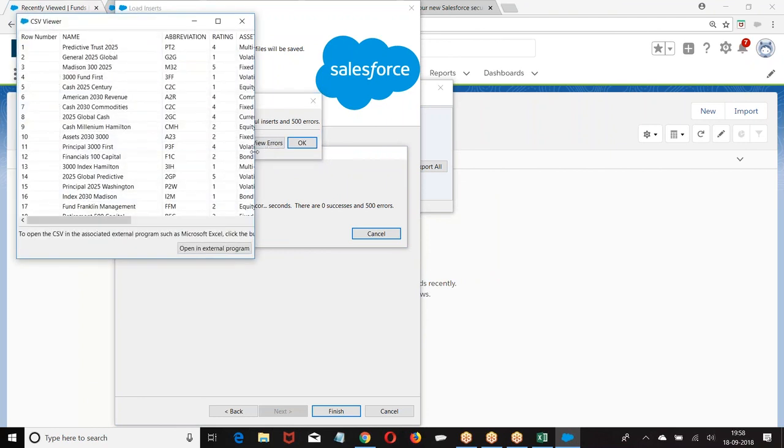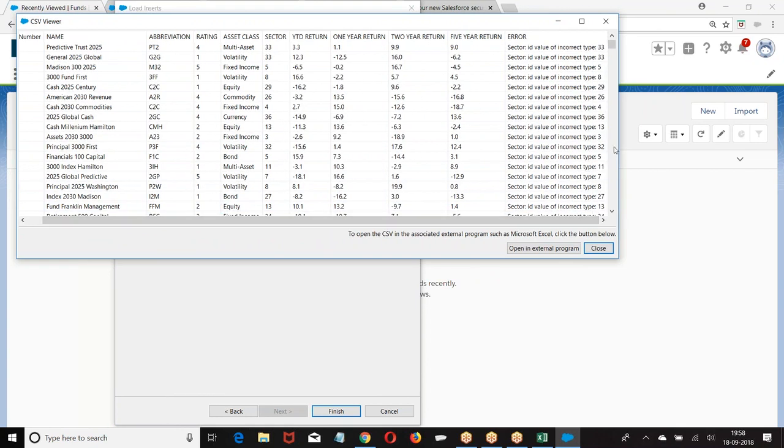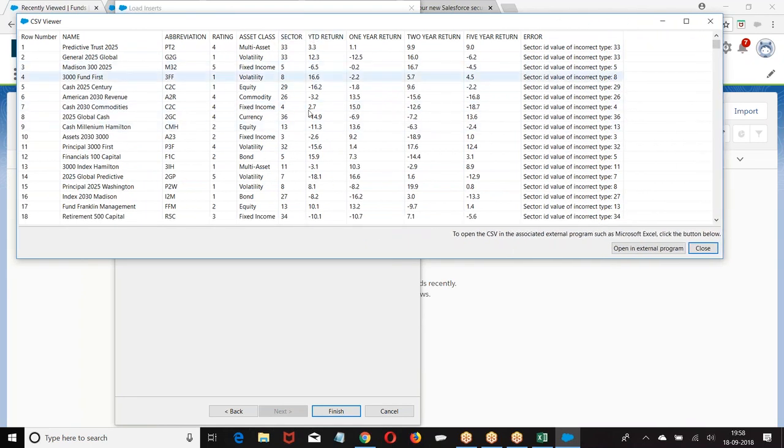Find errors. What was the error here? Incorrect type 33. What was that 33?